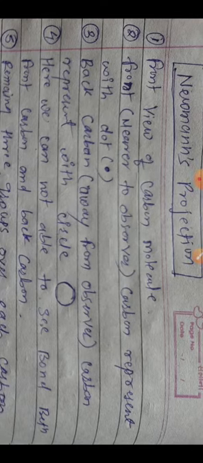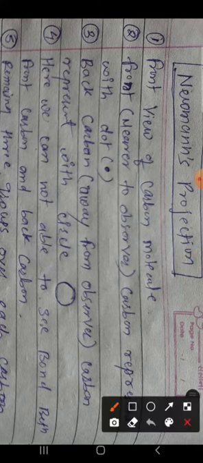So what is Newman's projection? Newman's projection is the front view of a carbon molecule. We have to see the front view of a carbon molecule, which means we can see the first carbon and cannot see the rear carbon. So the front carbon, nearer to the observer, is in the Sawhorse position. We see this is our first carbon, this is the second carbon, represented along a diagonal line.